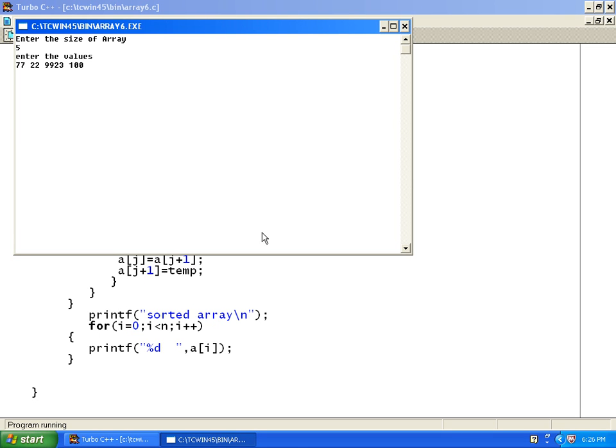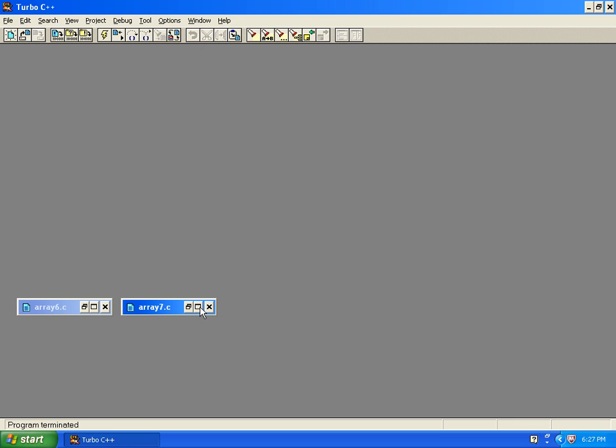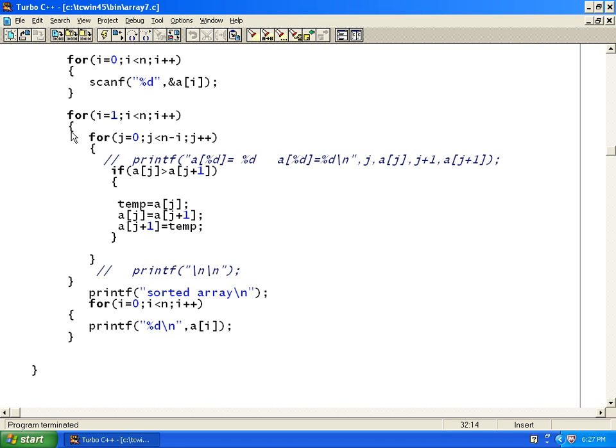We have given a few values, 99, 56 and 100. Okay, so now if I say enter, you can see it sorts again. So it depends. Here 77 and 22 get exchanged, but after that 77 comes here. 77 and 99: 77 is not greater than 99, so they don't get exchanged. So how do we see that in the loop? We have already seen that printf is the best friend to debug any program or check what's happening in the loop. So I have used two printf statements to check what's happening in the loop.